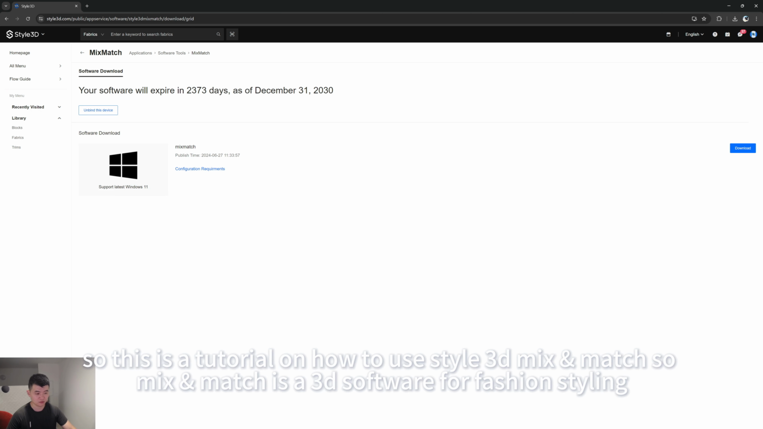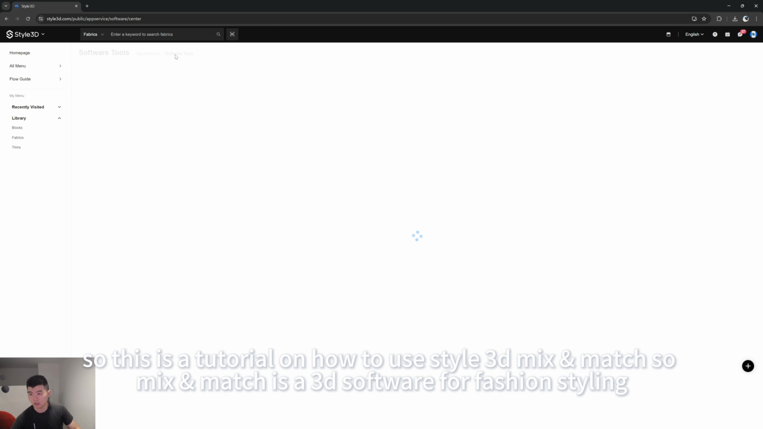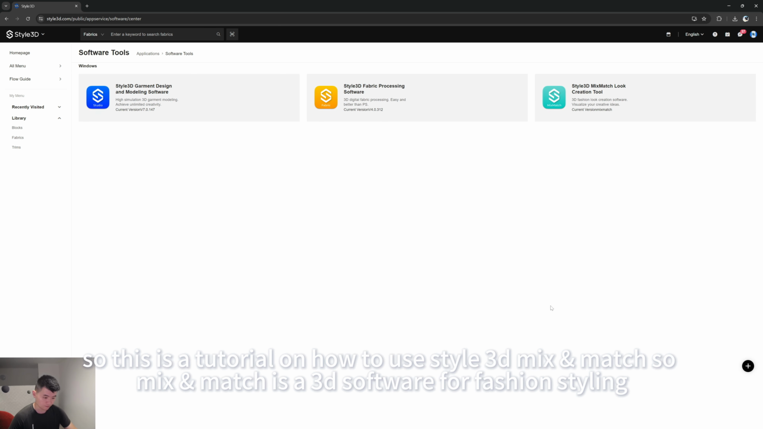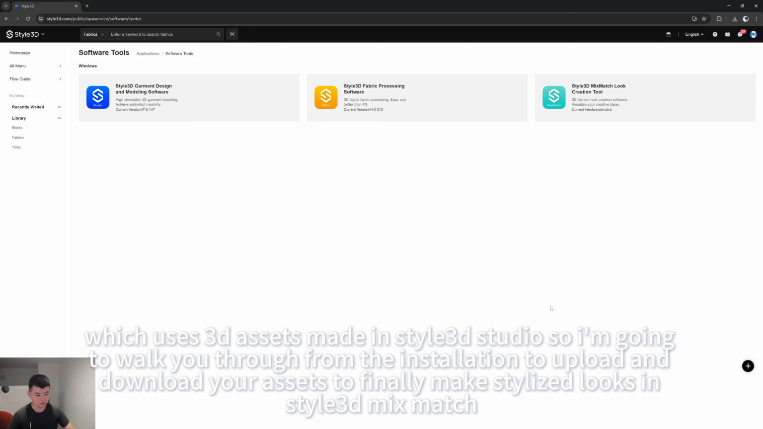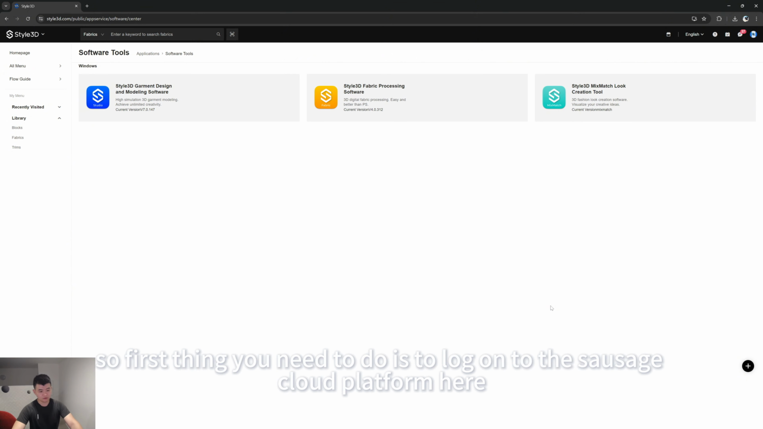Mix&Match is a 3D software for fashion styling, which uses 3D assets made in Style3D Studio. I'm going to walk you through from the installation to uploading and downloading your assets to finally make stylized looks in Style3D Mix&Match. So first thing you need to do is to log on to the Style3D Cloud platform